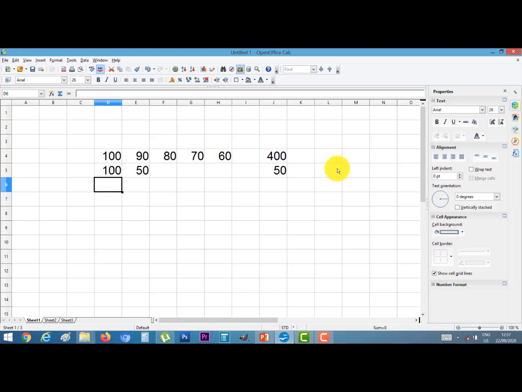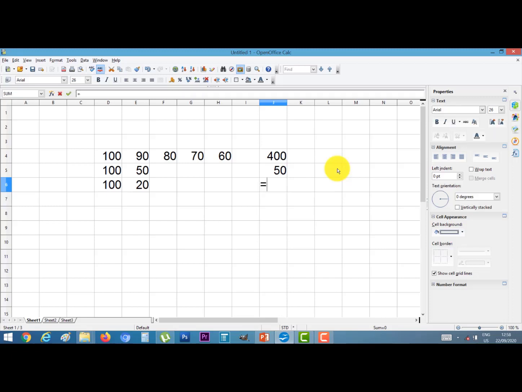Now I again put a value 100 in the D6 cell, and here I insert 20 in E6. Now I want to divide them.